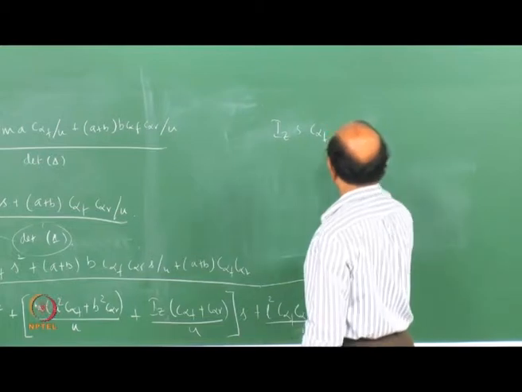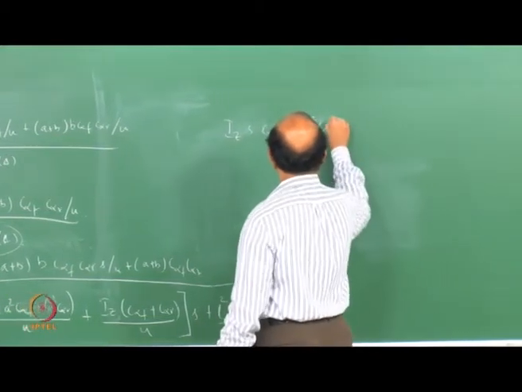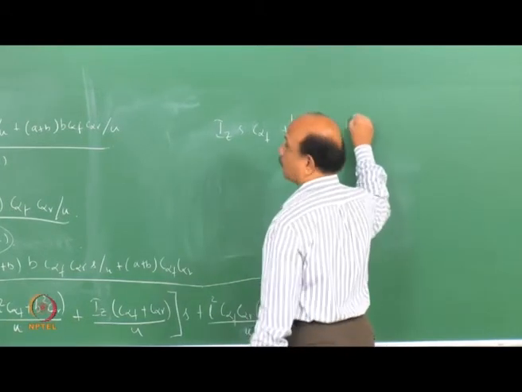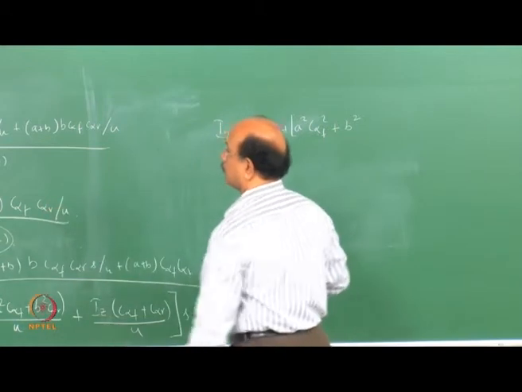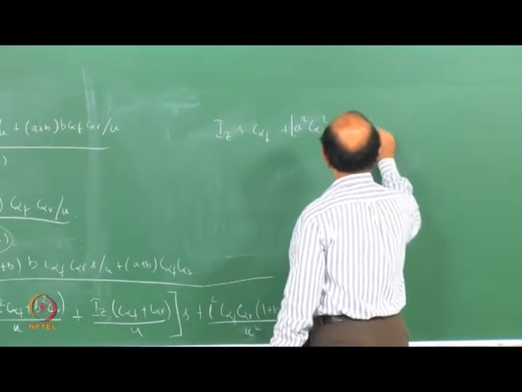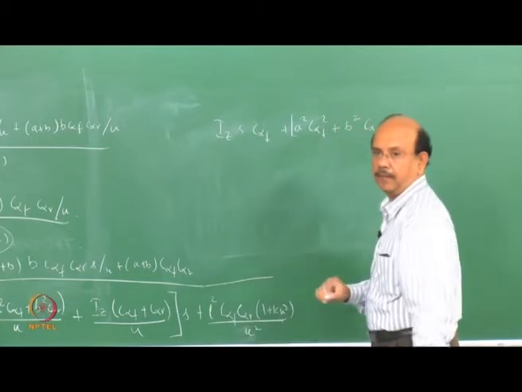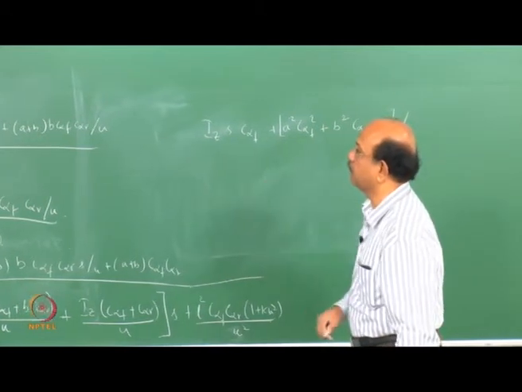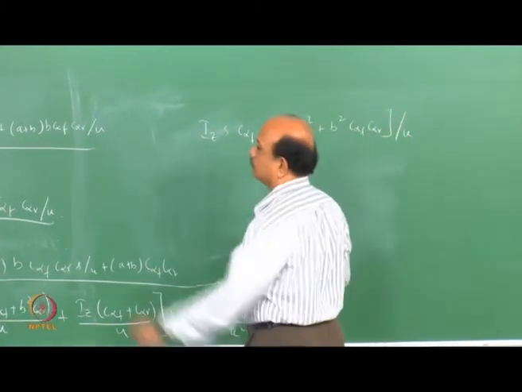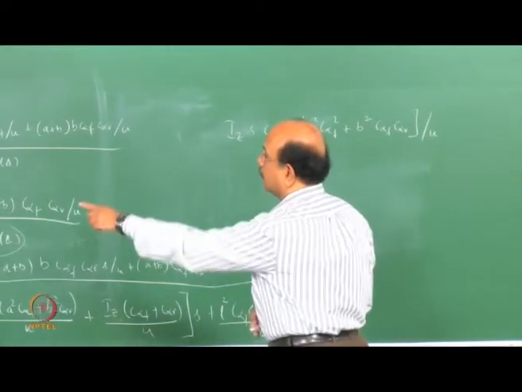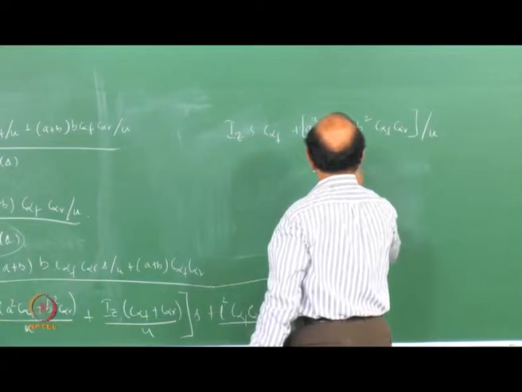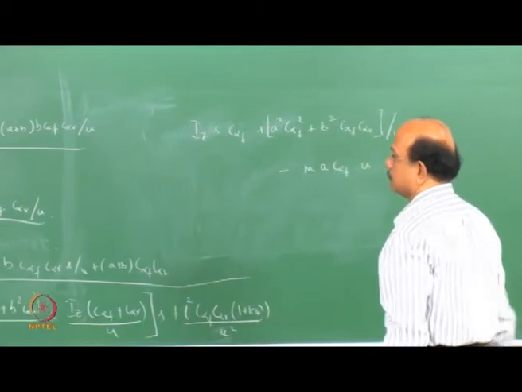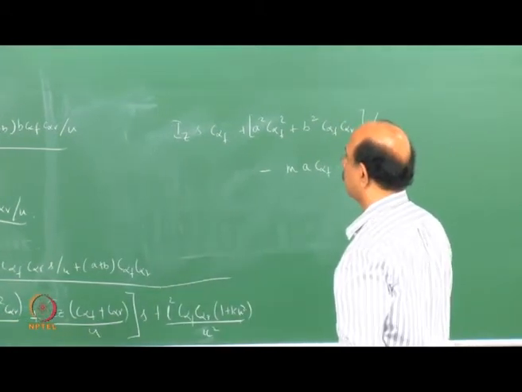The second term plus a squared C alpha f squared plus b squared, C alpha f C alpha r divided by u, that's the second term, minus, what's the first term? a C alpha f into m a C alpha f into u,